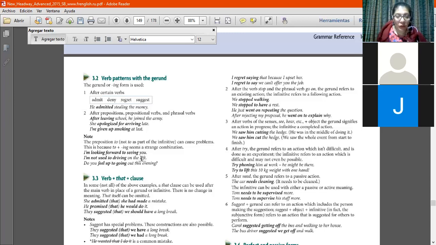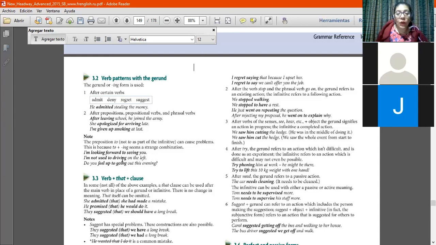Like this: I'm looking forward to seeing you. Y eso es anhelo, espero. Todo eso de I'm looking forward to, anhelar, esperar. And it's a word combination because I have the ing. Yes, I'm looking forward to seeing you. ¿Y por qué estás con el to y el ing form? Why? And they already know. In English, they already know this. Por eso son poquitas, las más frecuentes, the most common ones here.